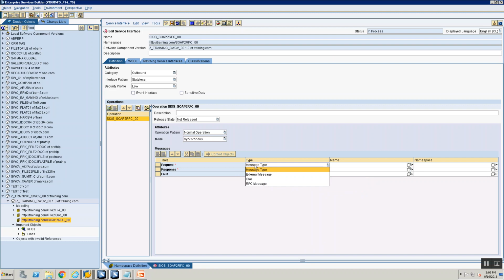And now, if you look at this drop down, you have multiple options: message type, external message, IDOC, and RFC. So far, we would always use a message type where we would have defined a custom data type and a custom message type and use that in our service interface. But in this case, what are we going to do? We are going to take the